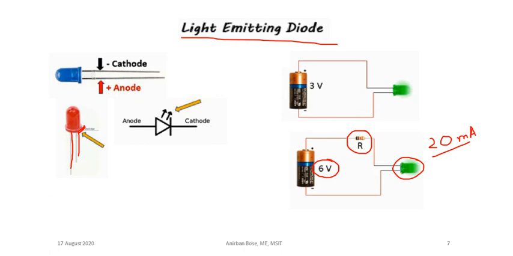So to avoid the damage, what we do is connect a resistor. If you connect a resistor in series, then definitely the current flowing in the circuit will reduce, and the current through this LED will be below this 20 milliampere. So the LED is not going to burn even if you connect it with a 6-volt source. If you want to connect it with a 12-volt source, the amount of resistance required to save this LED will be more. LED can be used as an indicator in many circuits.